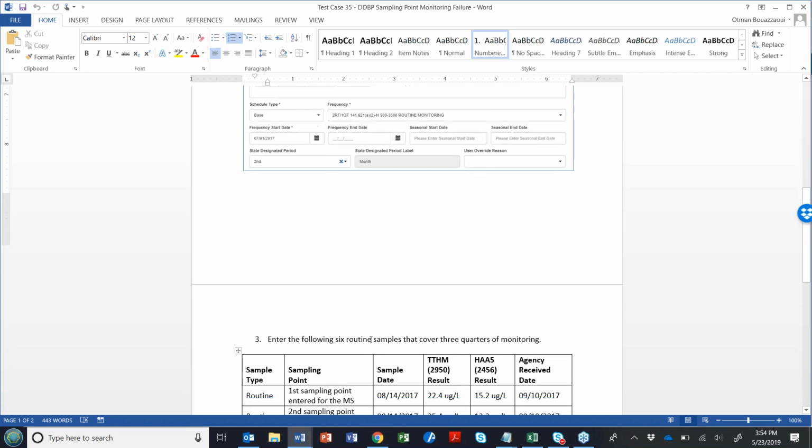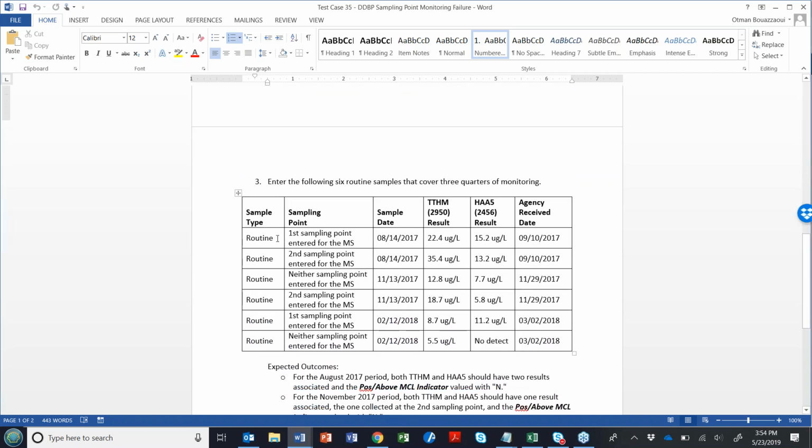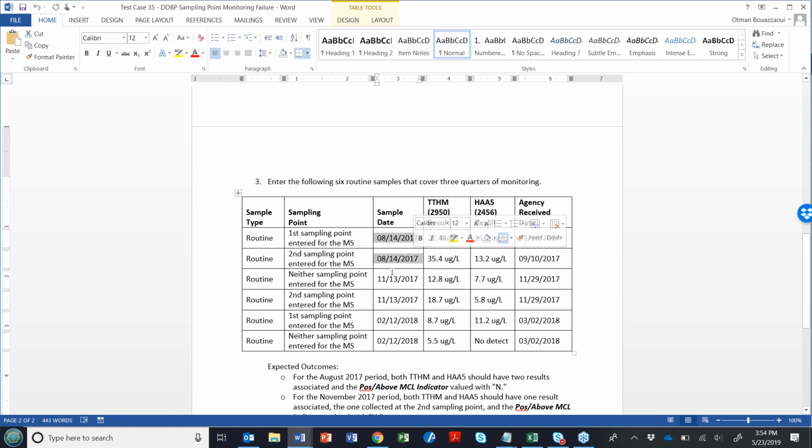So once you establish the requirement, you're going to enter 6 samples. Each sample is going to have 2 results, one for TTHM and one for HA5. And you can see here that we're going to start with the 3rd quarter of 2017, so we'll collect samples in August, then we'll add samples for the 4th quarter of 2017, and then the 1st quarter of 2018.